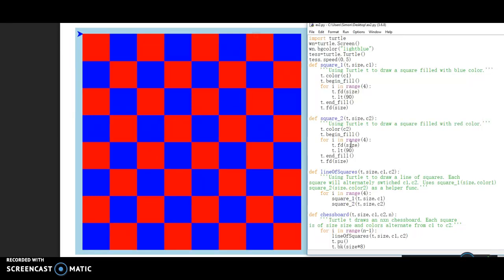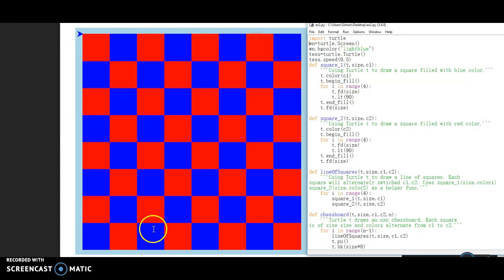So like the first square, everything will not change except the color, which changes from color 1 to color 2, which is changed from blue to red. And also I wanted it to go forward for size